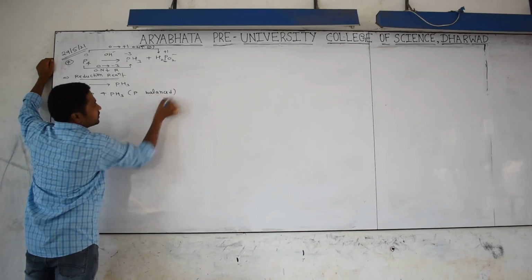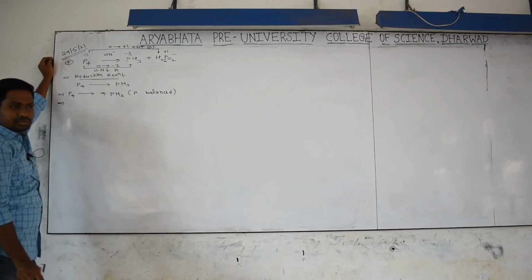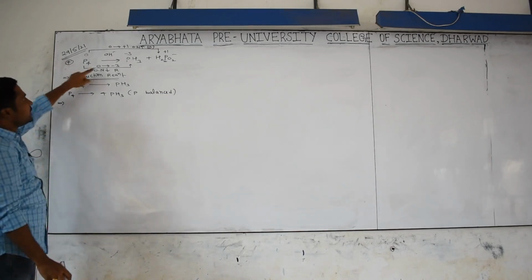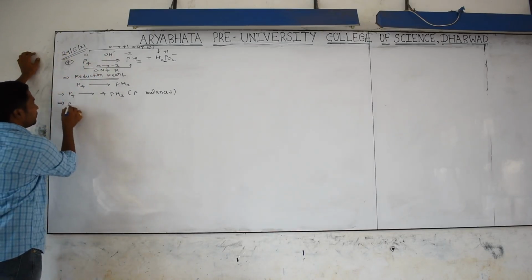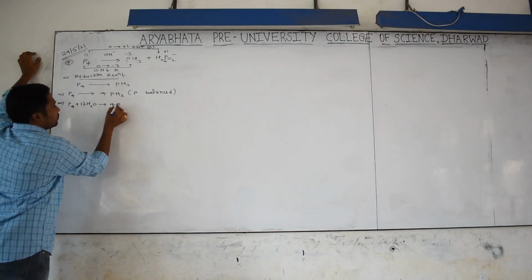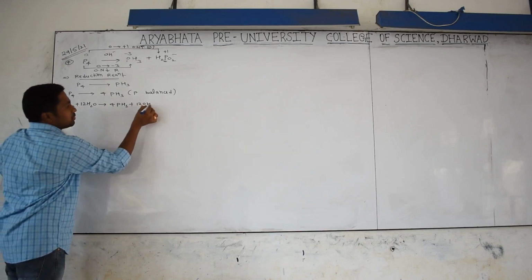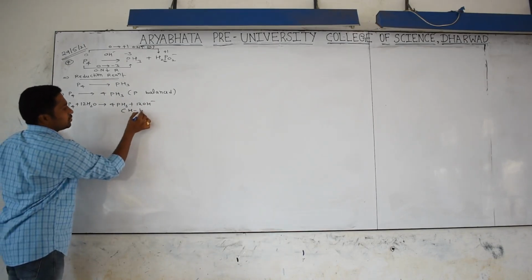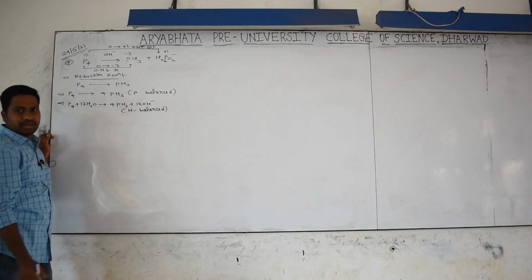Listen, very simple concept. Later we have to go for balancing of oxygen. No problem with oxygen here, only a problem with hydrogen. Here how many hydrogens are there? 12 hydrogens. In basic medium, to balance the hydrogen we should add water molecules. Write down here P4 plus 12 H2O gives rise to 4 PH3 plus, how many water did you add? The same number of OH minus should be added on the opposite side. Then hydrogen is also balanced. But write down every step like this so you can understand what you are doing.